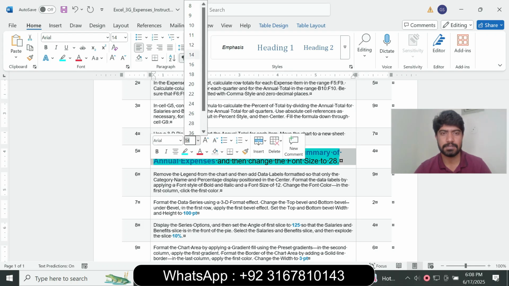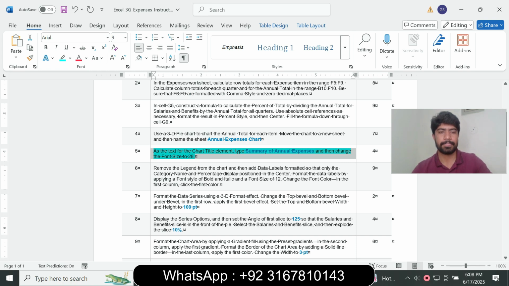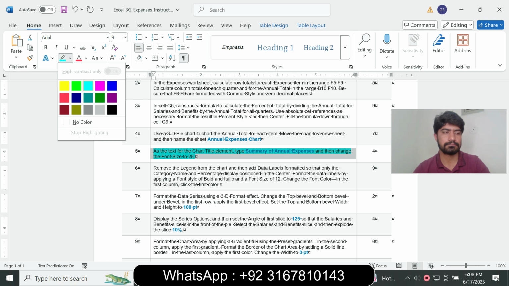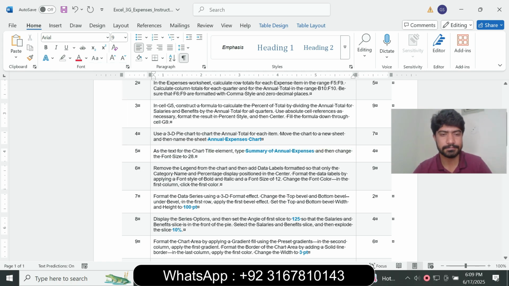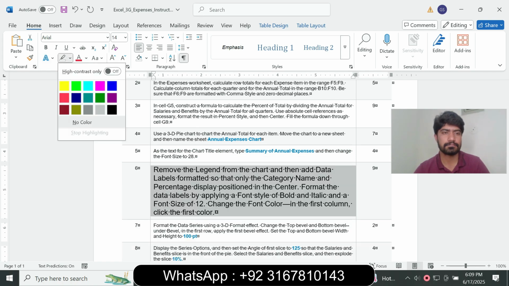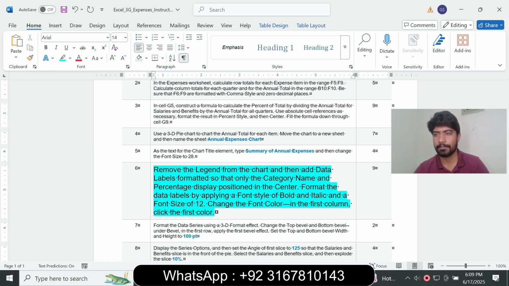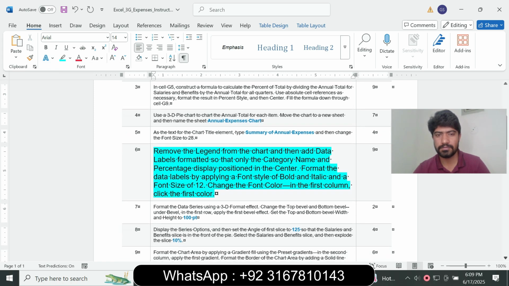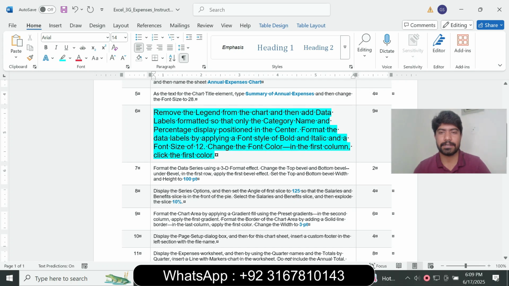We move to question number 6. So question number 6 is: remove the legend from the chart and add the data labels formatted so that only the category name and percentage display,